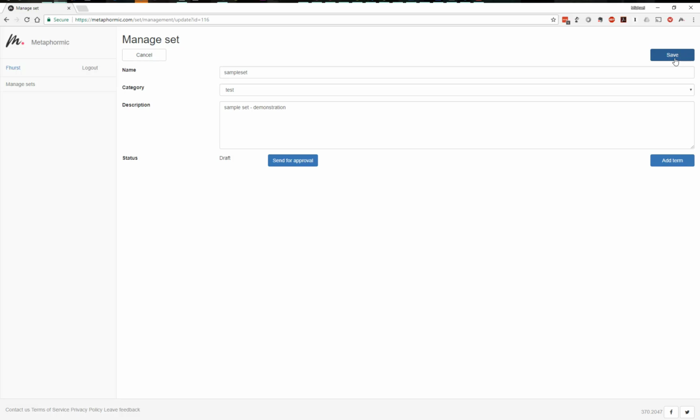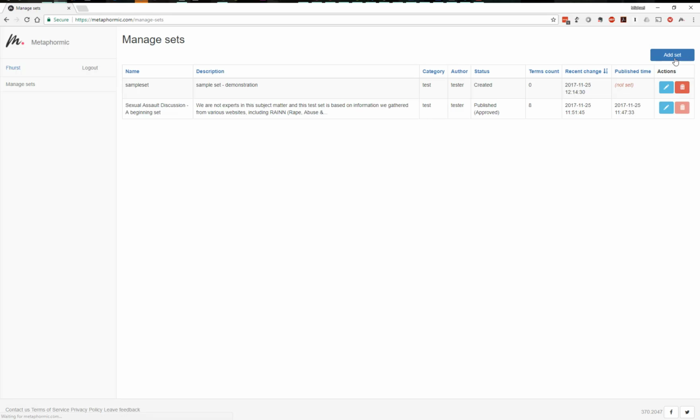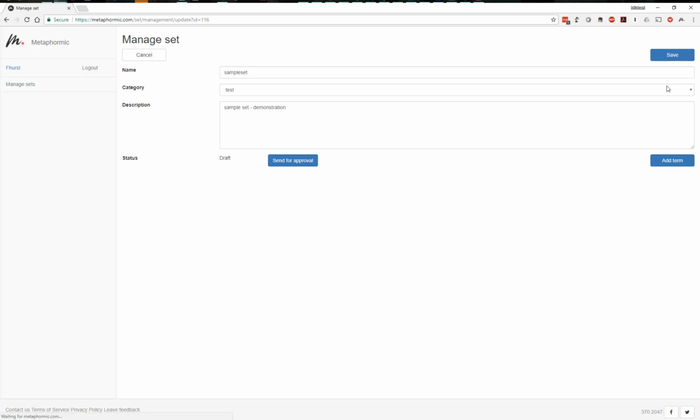Remember to periodically hit save so you don't lose your work. And then you'll get back to the screen which lists the sets that you have created. We're going to continue editing the sample set, show you how we got to the Sexual Assault Discussions, a beginning set. To make edits and add your first term, select the Add Term